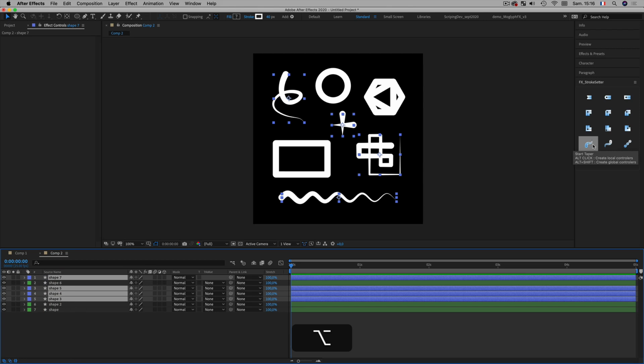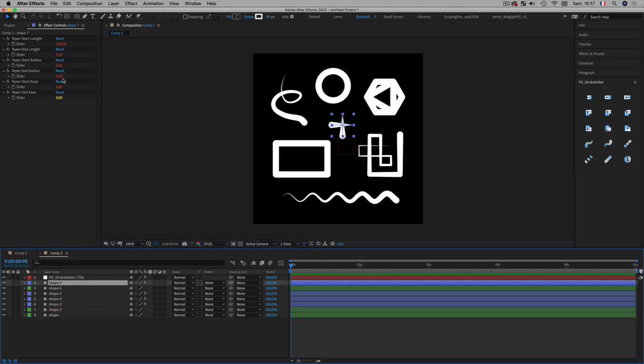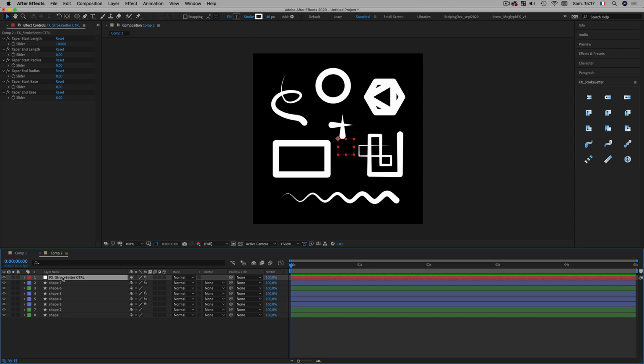Now if I Alt-Shift click on this button, as you can see, I have a new null that has been created, called FX StrokeSetter control, and it has the same effects as previously, and all the shape layers have the same effects as previously, but they are all linked to the null,